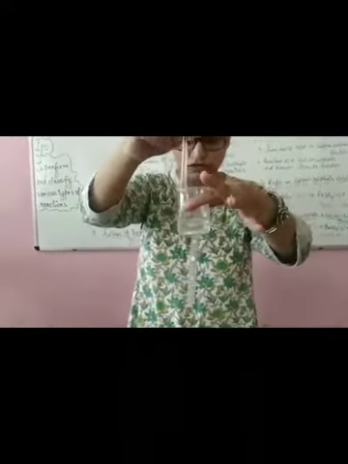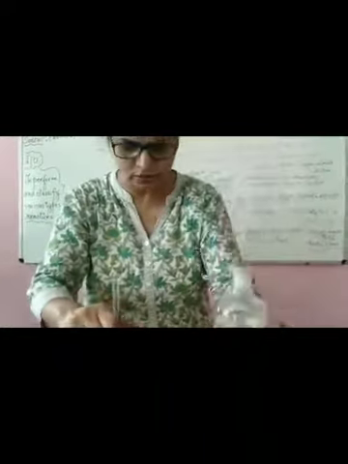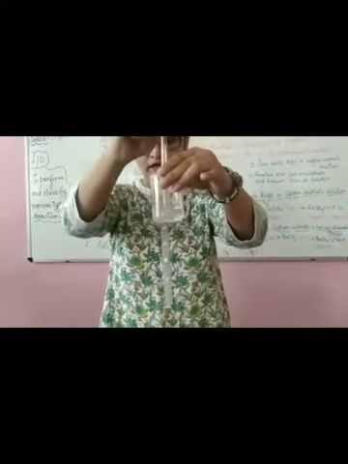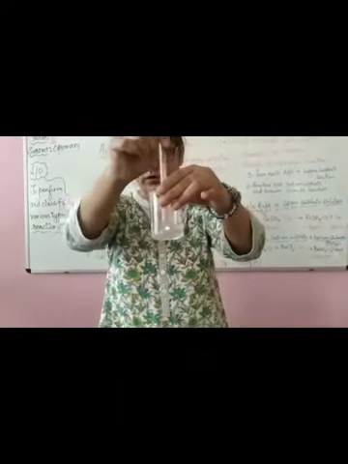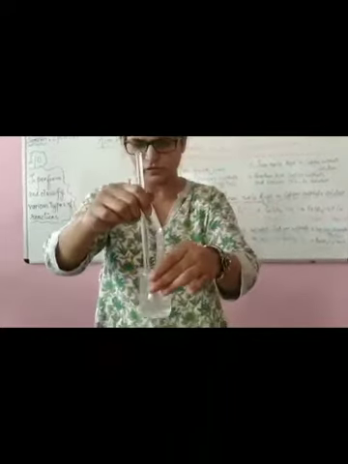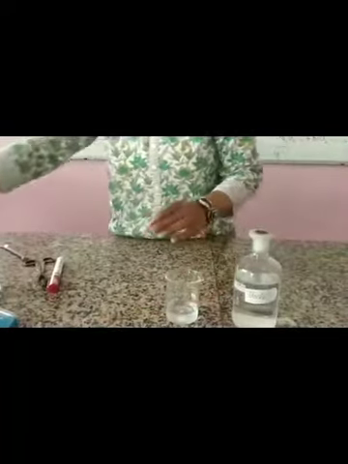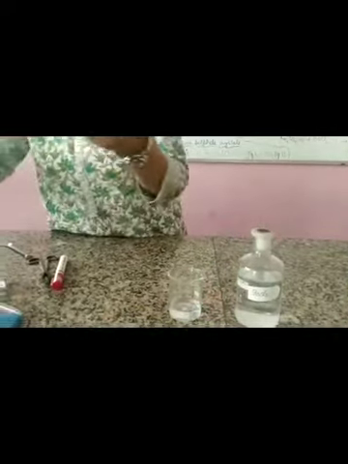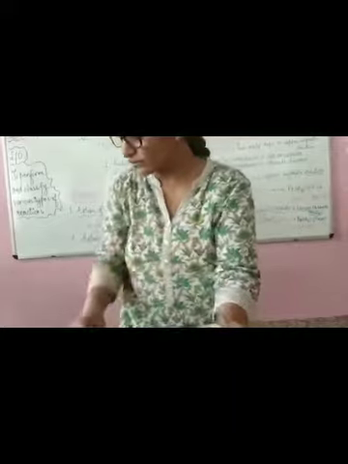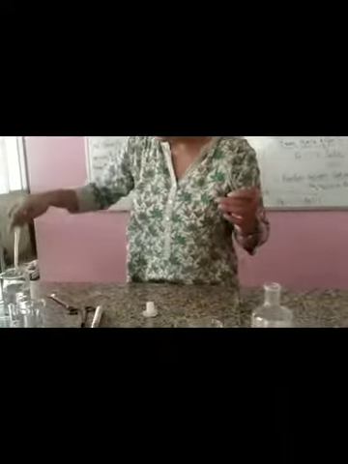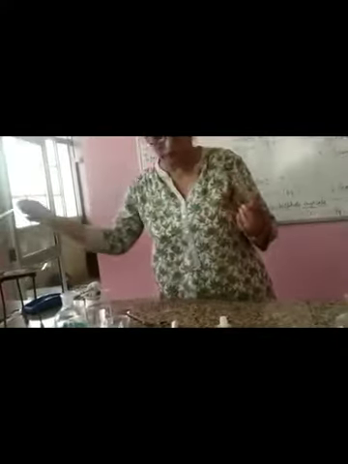This is the solution which I am forming here. The barium chloride solution is already prepared, and this is the sodium sulfate solution which I am preparing with the help of a glass rod. I have put sodium sulfate in water to make it into solution form so that it will be mixed up. Now I will take the sodium sulfate solution and barium chloride solution in separate test tubes. First of all, this is water here, because we have to wash the dropper every time we take a solution, so that there is no variation in the result.